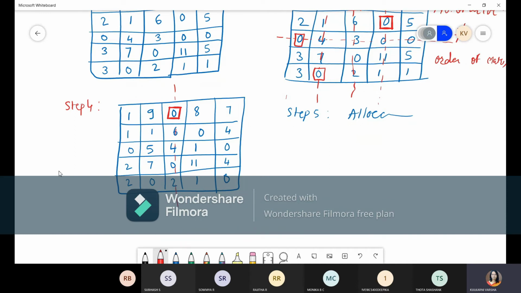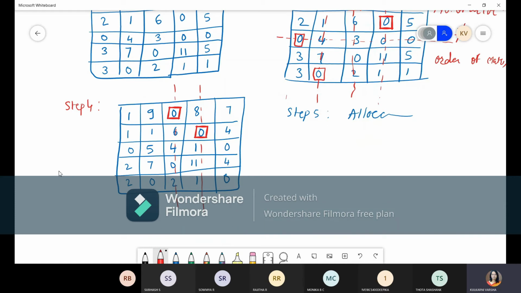Now go for the second row, there is a single zero, allocate it and cancel this column. Then go for the third row, there are two zeros, leave as it is. Fourth row, there is no zero, leave as it is. Fifth row, there are two zeros, so you cannot do anything.